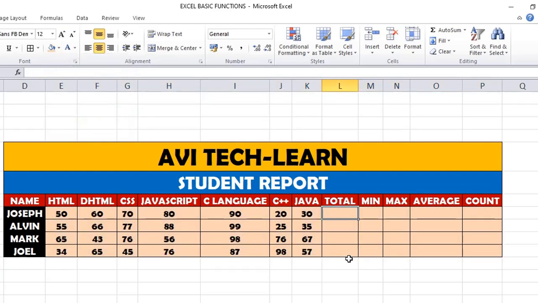The next part is totaling. So how to do the total? Let us understand the total now. Usually in Excel, when you're doing a calculation, we have to start with equals to. You can see here, equals to. I'm going to write one function. The function